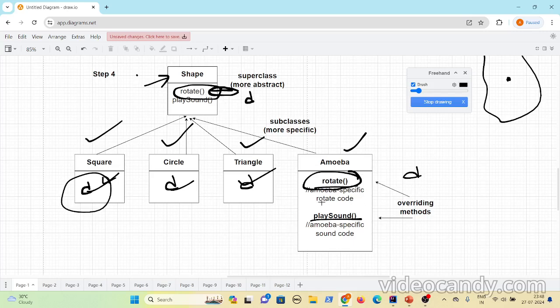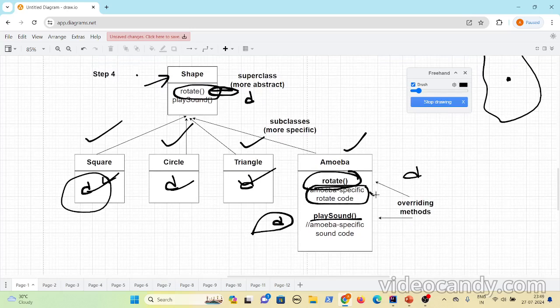What I want to do in my amoeba class is use my parent's behavior, whatever logic is present in the shape class, and along with that define my own logic as well. Here, what we have done is written our own logic.